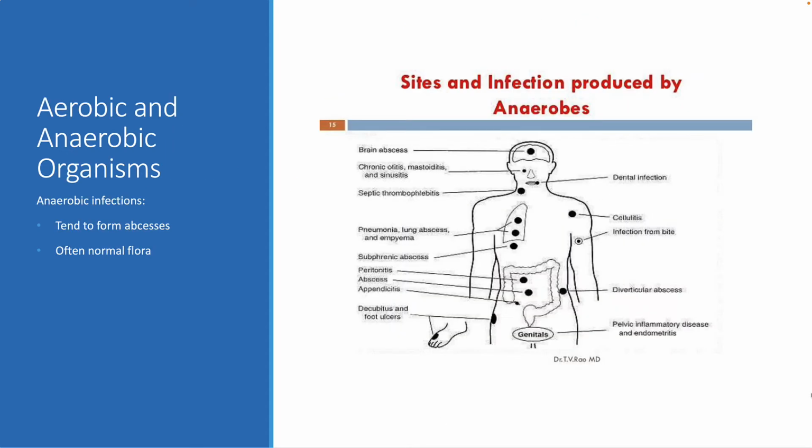The other way that we classify things is by aerobic and anaerobic, whether they reproduce in the presence of oxygen, require oxygen, or whether they don't use oxygen. Now, what I've noticed over the years is that the bacteria that are anaerobes may often be our own normal flora, but they get into an area and form an abscess, like around the tooth root or in lung tissue. That abscess doesn't have blood flow to it. It's just a collection there.